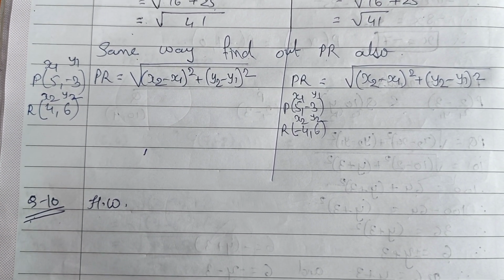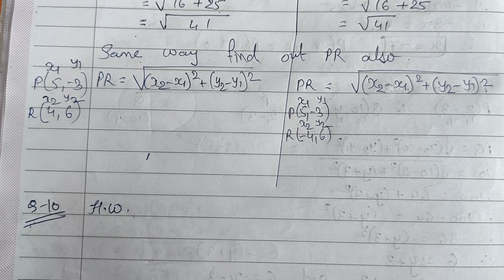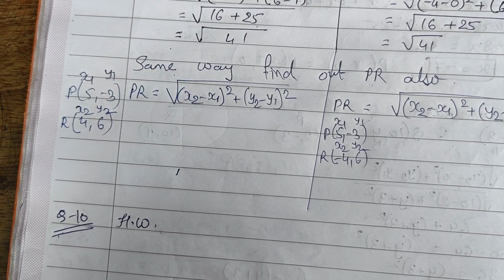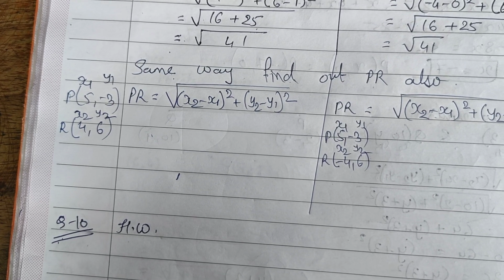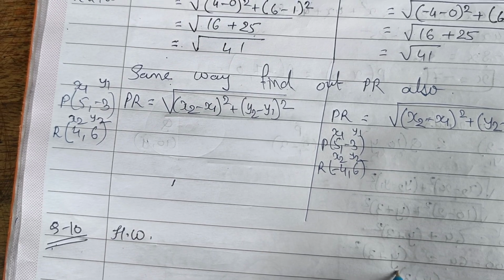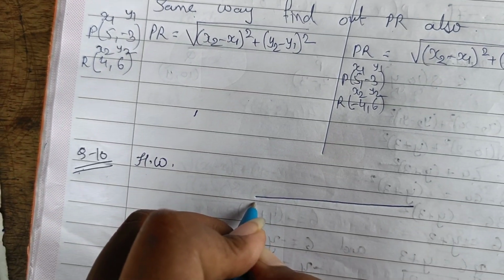Okay, question number 10 is easy. You have to only make the relation. See, I am just explaining you what is there in the question, then you have to solve. Find the relation between x and y such that the point x, y is equidistant from the points 3, comma 6 and minus 3, comma 4. See, you have to find the relation between x and y.